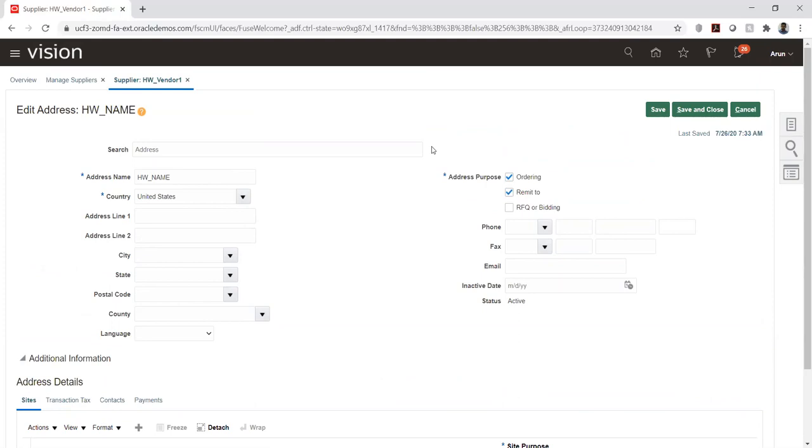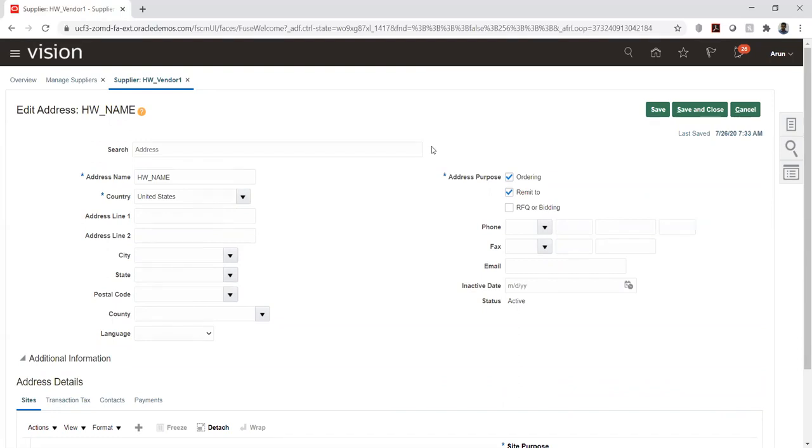No, actually, so basically we need to understand a little technical part of it: how the system validates whether this is a duplicate or an original record. There will always be a validation for the vendor name as well, but the primary validation is on the vendor number or the supplier number. Basically this is a primary key. It is just for understanding; you don't need to go into that much technical detail, but for a basic understanding,